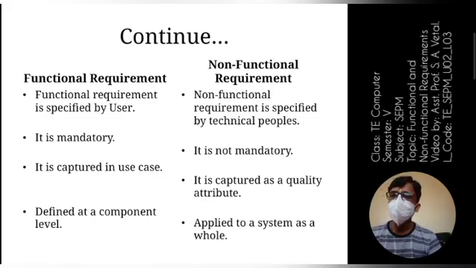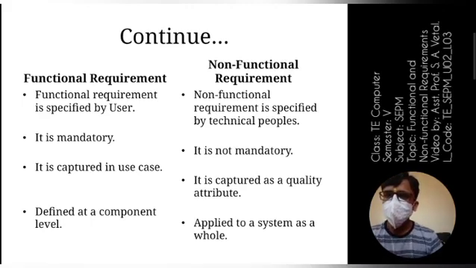Then functional requirements, obviously, are mandatory. Non-functional requirements are not mandatory, right? The constraints or the quality constraints, those we discussed in the previous lecture. It is not necessary that all those constraints should be applied to each and every project, correct? So these constraints, or the non-functional requirements, are not mandatory. If you require, you can apply those constraints; otherwise it is not mandatory.